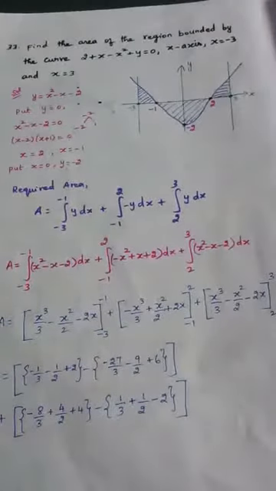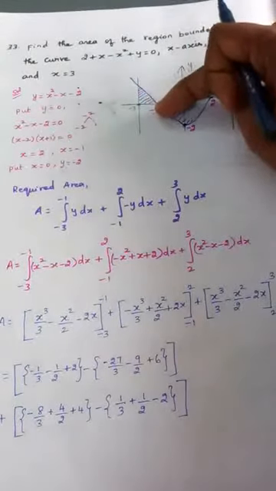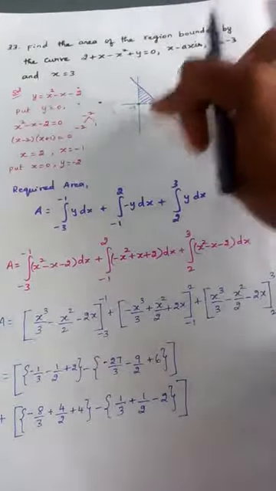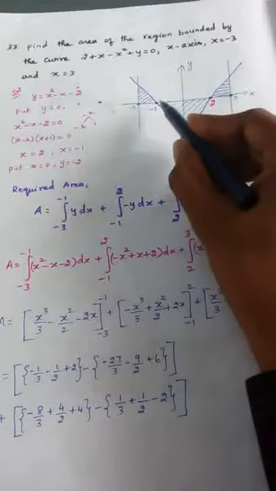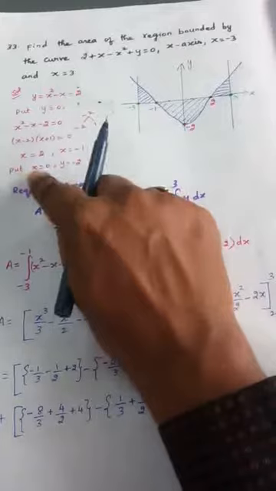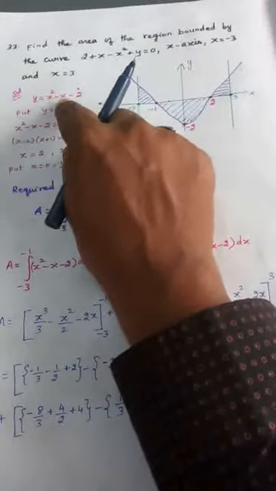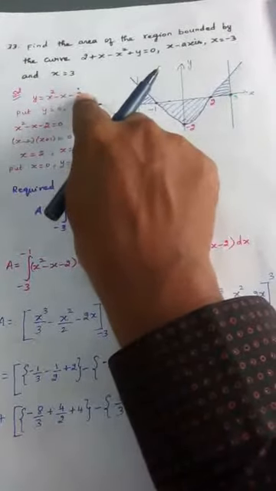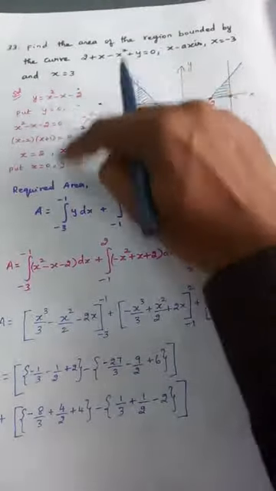In my mind, when I draw the curve it will definitely pass through -1 and 2 because it cuts the x-axis at these 2 points. But I don't know whether the curve will come down or not. For that, one more value I am trying to substitute. Put x = 0. If you put x = 0, what happens? Only -2 remains. So the y value is -2. What is the meaning? (0, -2) is one point on the curve.